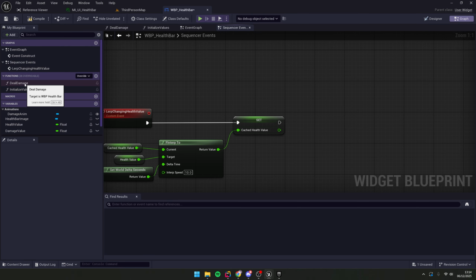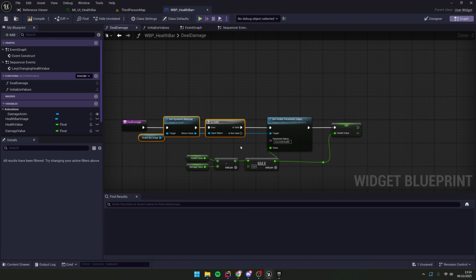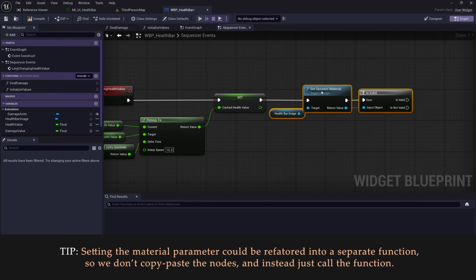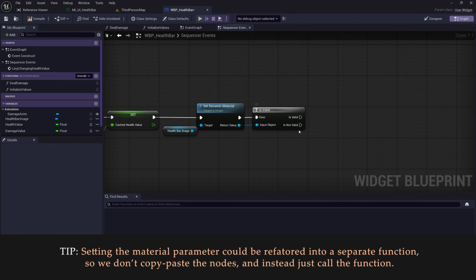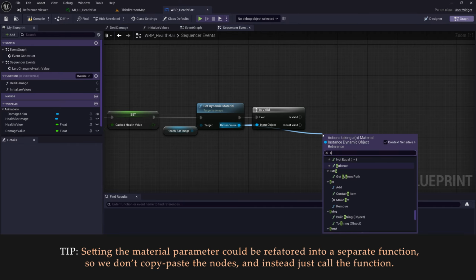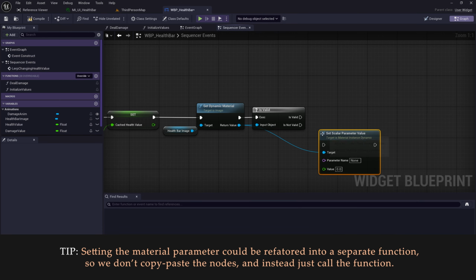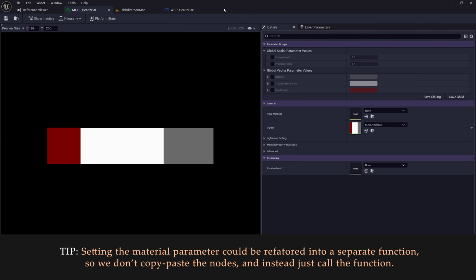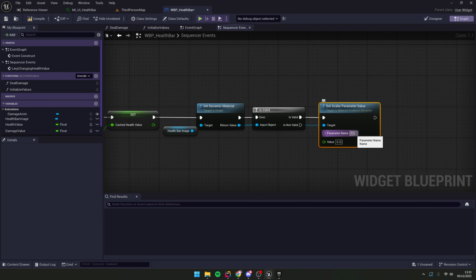And now that we've done the interpolation, all we have to do is to change the value in the material. So I'm going to go back to the deal damage, copy these nodes again, and then paste them here. So we've got the health bar, we've got the is valid, and now we want to set scalar parameter by value, and this was called previous health, and the value will be this value. Okay,